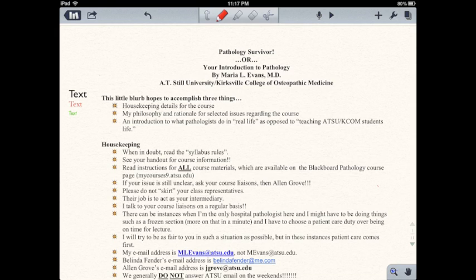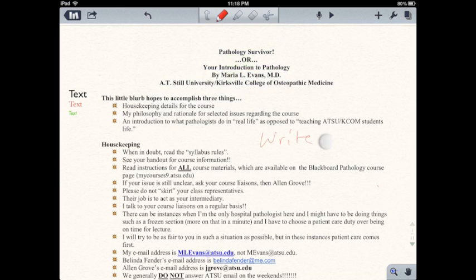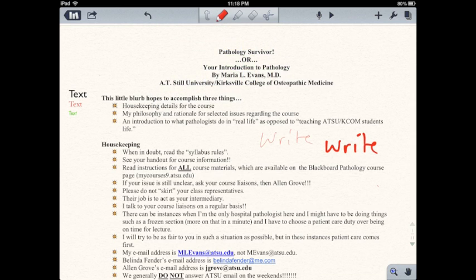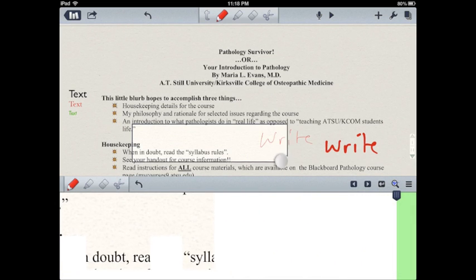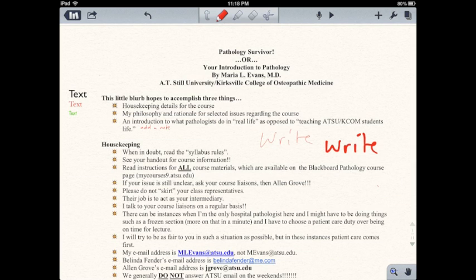This is the Handwriting Tool, so you can write right on it. It doesn't look too good like that because I have the size of it so small, but you know, I can write. One of the things I like about this is I can do this little button down on the bottom right hand corner and I can zoom in. I can change the size of this zoom box, and then if I wanted to add a little note here, I could add a note right here, if that makes sense. Okay, so